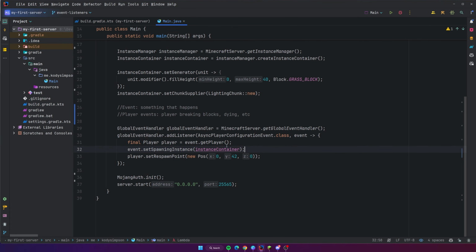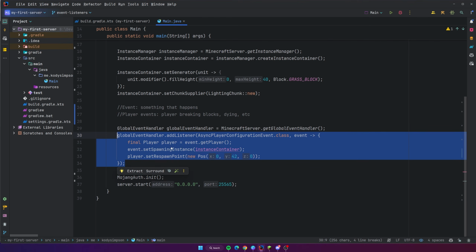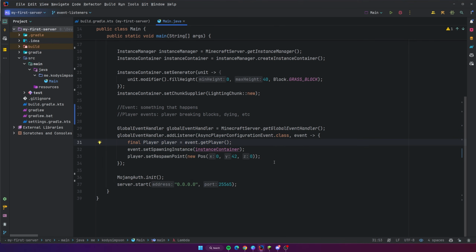So the capability of being able to listen to events using event listeners gives you a lot of cool stuff, a lot of capability, because you can have your server do stuff that otherwise it would not do, obviously. So if a player dies, for example, there's the player death event, you could listen to that and then run some custom code every time a player dies, like taking money away from their account, print a message to the chat, anything like that. So you have a lot of options, okay?